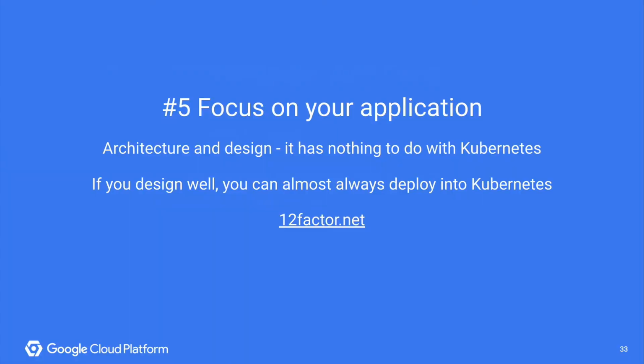So far, we discussed a lot about infrastructure and the process of how we adopt technology. Now let's talk about microservices. When we design our services, we focus on the software design and software architecture itself, and it has mostly nothing to do with Kubernetes. In fact, if you design your services well, they should be able to run in any environment, including Kubernetes or somewhere else, because the environment keeps on changing year after year.